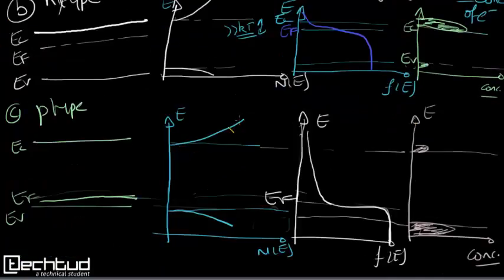This is the p-type semiconductor. Again you can see the energy and the density of energy states with respect to the energy E. Again this is the Fermi-Dirac distribution function. You can see the probability of finding holes at E equal to EF is 1 by 2. The EF level is very close to EV. We are assuming here again that the EF and EV difference is at least greater than 5 times kT. This is the concentration of holes, which is more here. So the concentration of holes is much greater than the concentration of electrons.